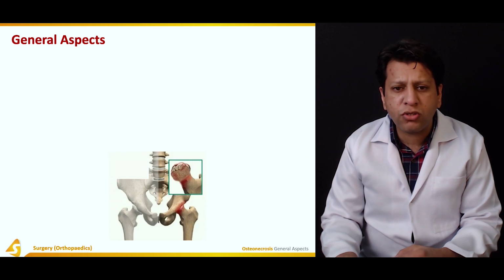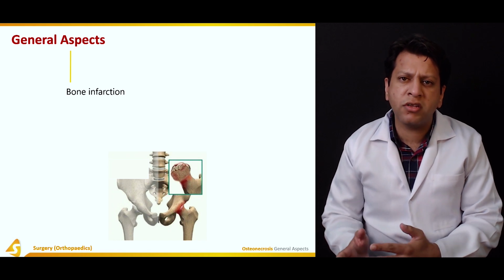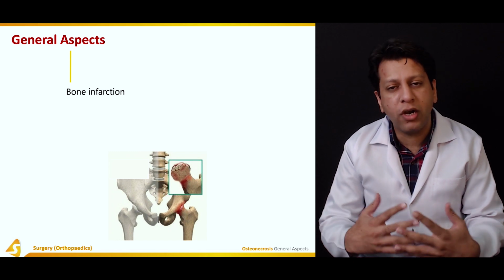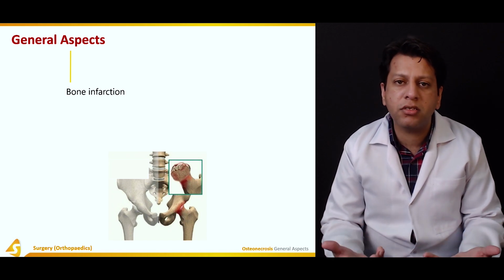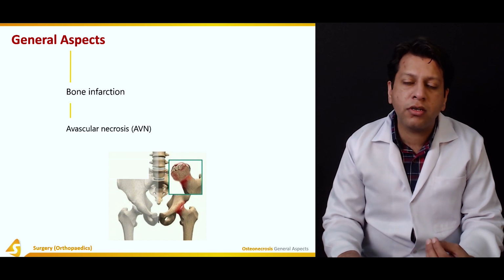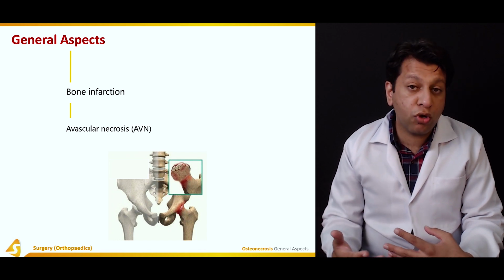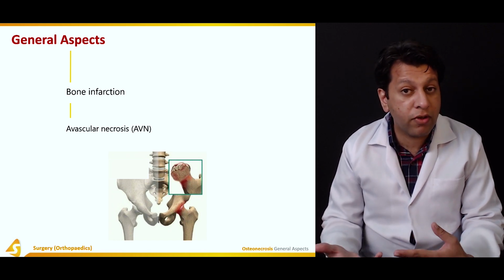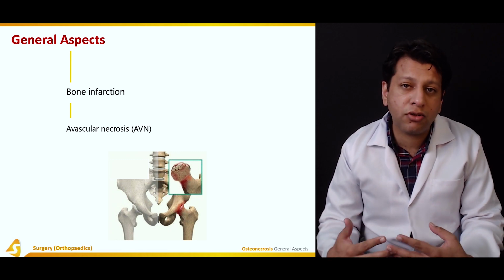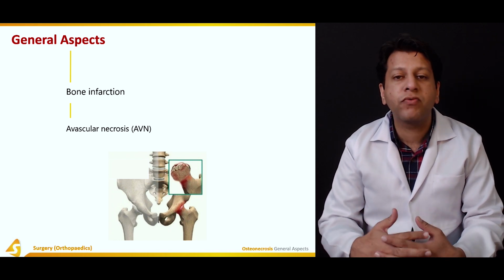So what is osteonecrosis? Osteo means bone and necrosis means infarction. It is actually the necrosis of the bone. Why would that occur? That would be when the blood supply to the bone is cut off. There are certain joints in the body where the hip is most common. The others include the femoral condyles, then the scaphoid, and the talus. These bones are more susceptible to damage. Why? Because of their anatomy.